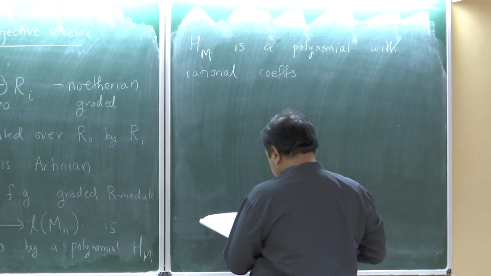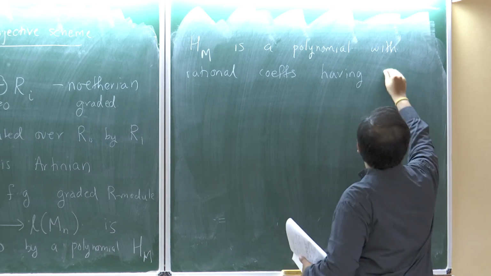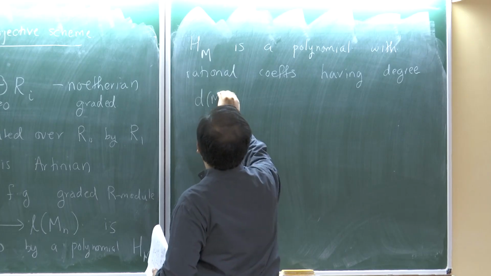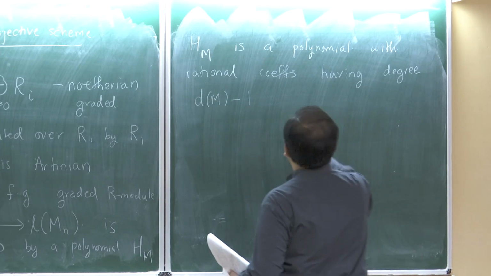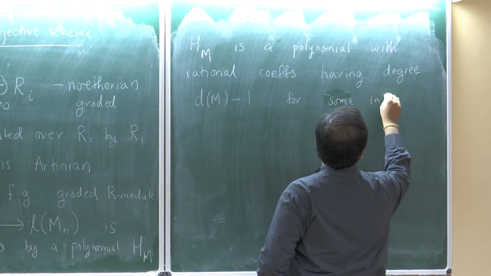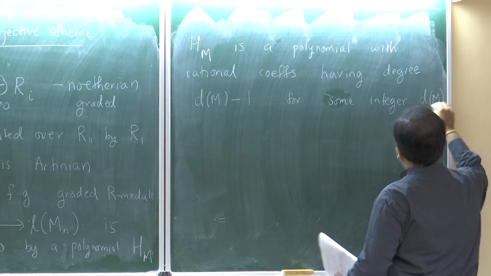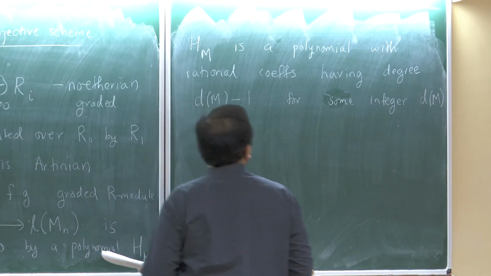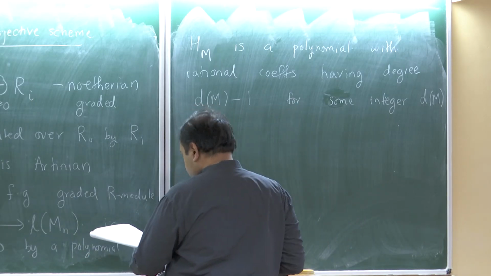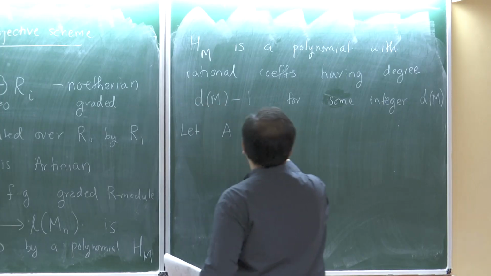And so having some degree, say I will write it as d^(m-1) for some integer d_m, and this d has some meaning which I will talk about only in the case when M is actually the maximal ideal of your ring. So now let A be a local ring,